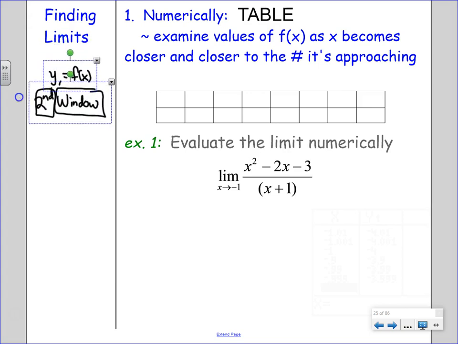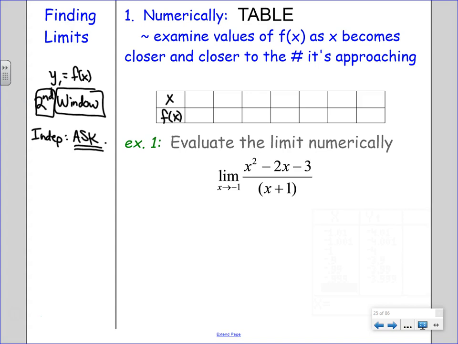After you put f of x, the function in the limit, into the y1, go to second window and make your independent. Make it ask. If you follow these buttons, you will see this and you can change it to ask. And then you are able to, in your table,